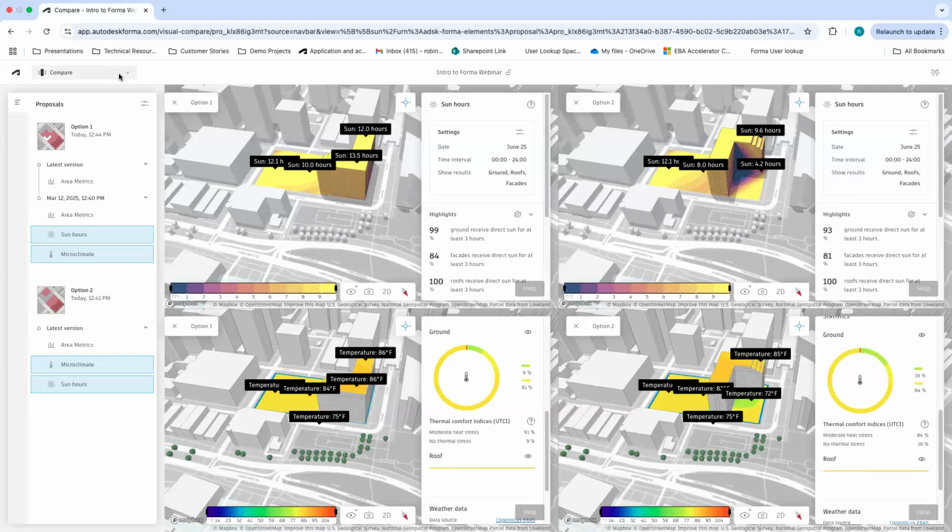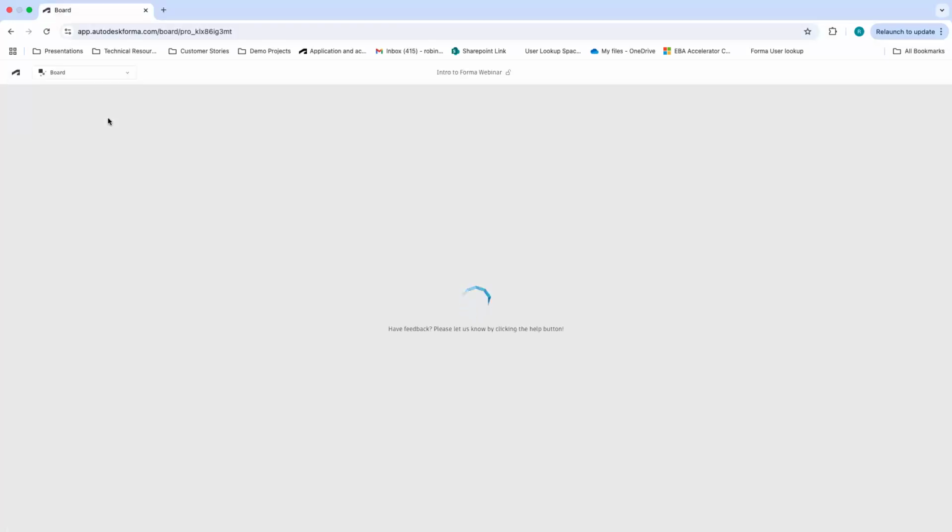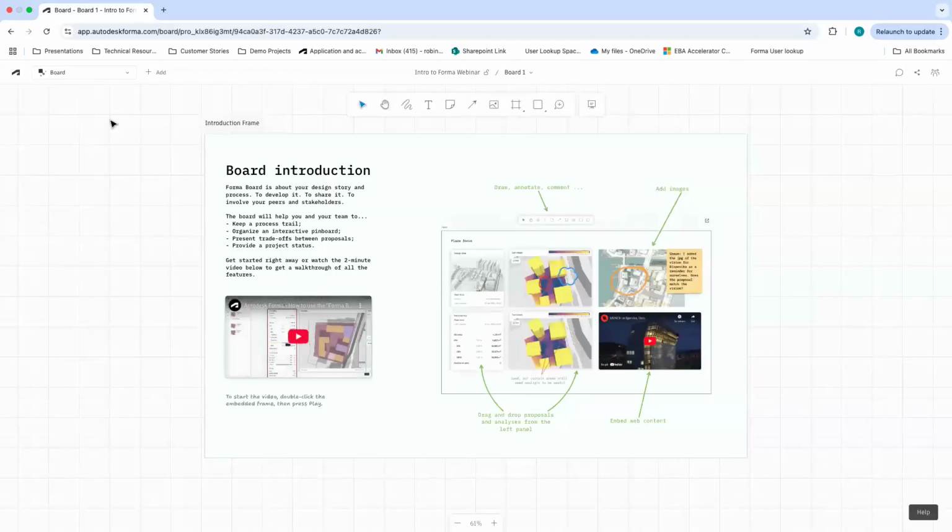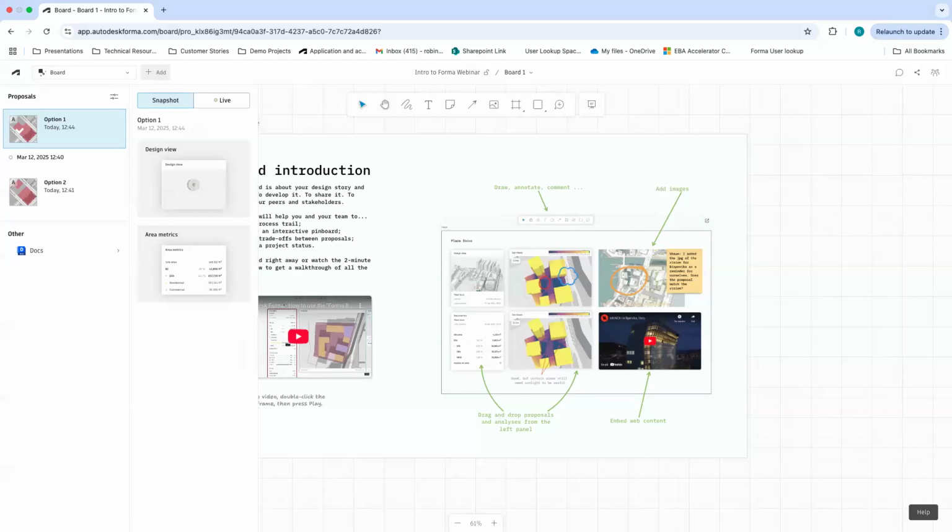All right, so with that in mind, let's move on to workflow 4. Workflow 3 was using the analyses to compare building performance. Workflow 4 is talking about collaboration and Forma Board. Forma Board, again, is our whiteboarding tool. If you've used Mural, it's very similar, except the benefit of ours is that you can access your Forma proposals and your analyses and add them into your board